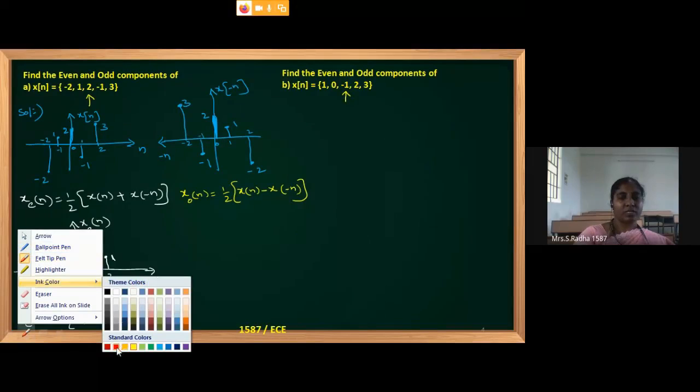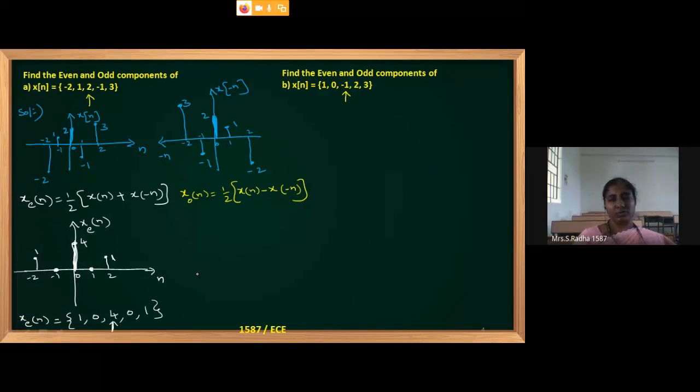I will go with red color, as the question is in yellow. Sometimes you may get a new question and you will think. So now I will go with the diagram in red color. X-axis, y-axis. I am going to draw the diagram for the odd component.